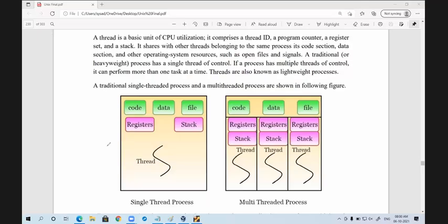Now try to understand here. This is thread 1, this is thread 2, this is thread 3. All the 3 threads are sharing the 8 MB of stack. Don't think that there is a separate 8 MB for each. No. All the multiple threads will share the same resources: registers, code section, data section, files. We'll discuss that. So many points we need to observe here.